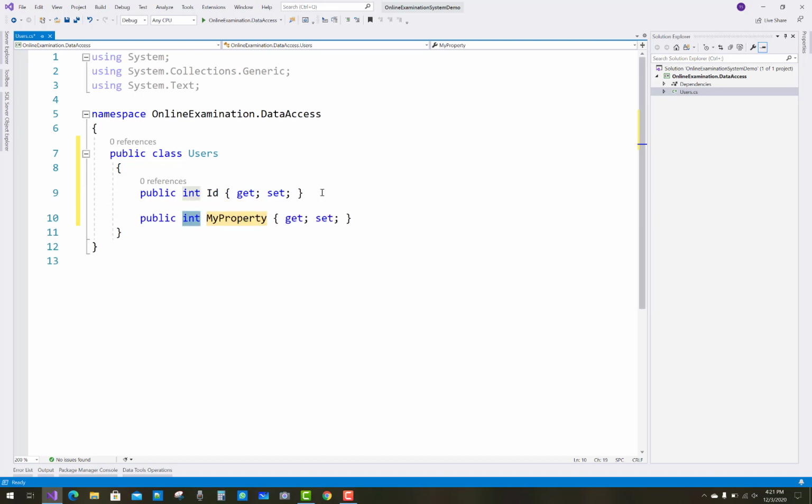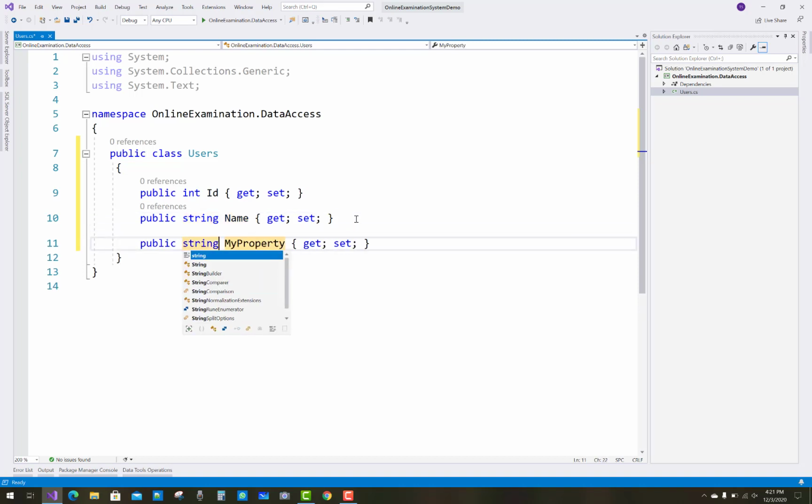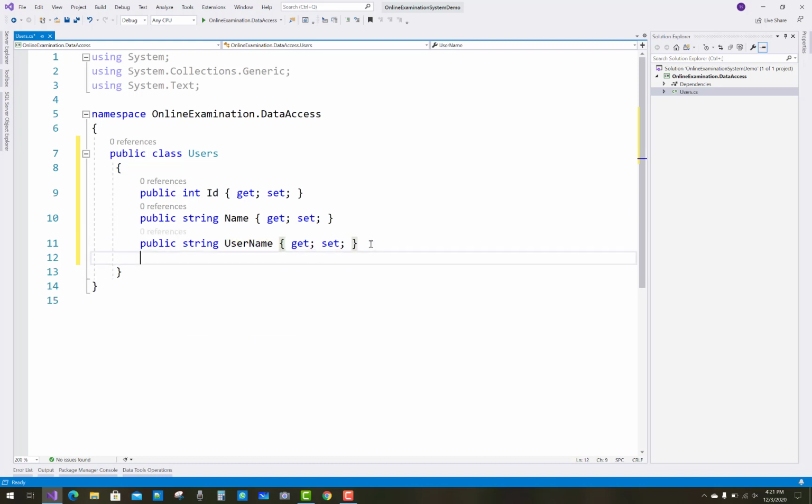prop string Name, prop Username, prop Password, okay.